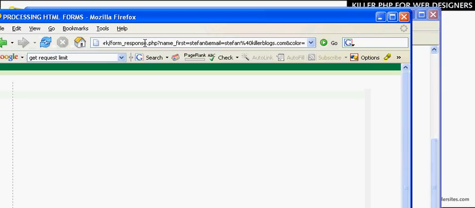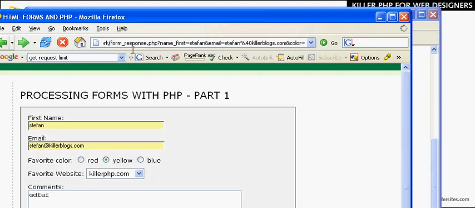Get works fine, except it has a couple limitations. A, you can only send about 1,000 characters through get. So you can only send a very limited amount of information. That's why I used the bicycle analogy with a basket, which is get, very limited amount of information, versus post, which is the other method, which I'm going to explain to you in a moment, which you can send much